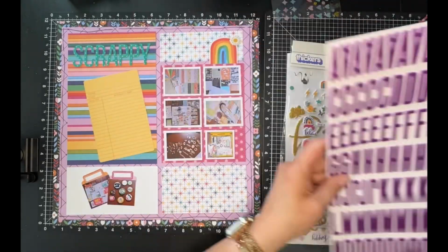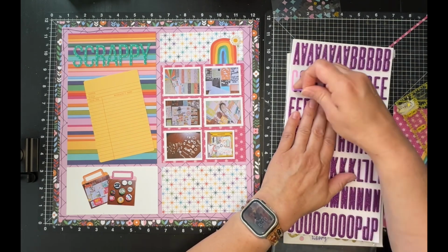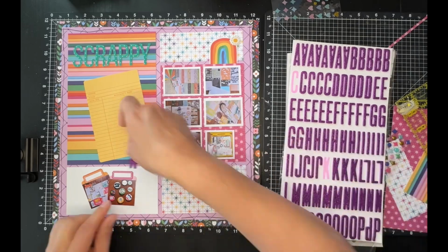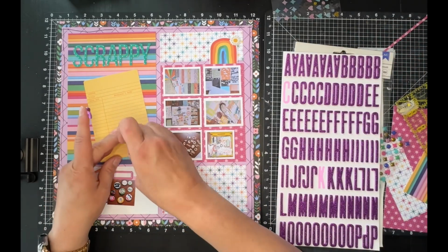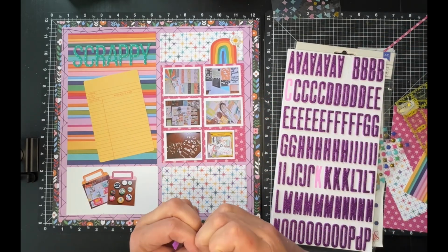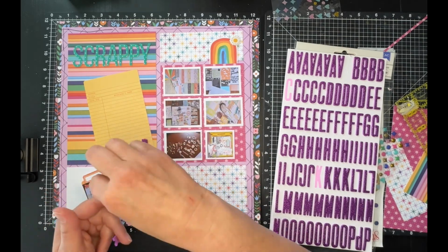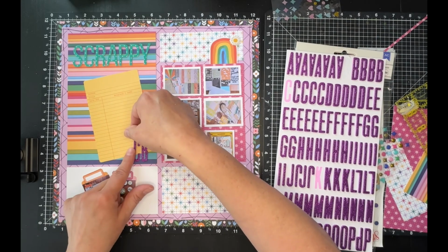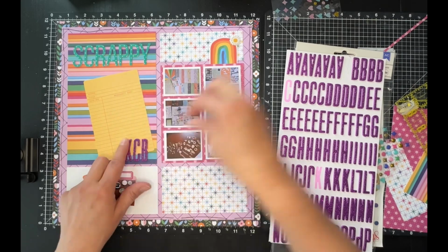I pulled the title Scrappy from a set of embellishments that a friend of mine sent to me. It was already a title that she had put together on a piece of waxed paper, and so that is going to go on top of my layout. I'm going to use the purple, yay, I actually opened it, the purple font for CKCB, and then I will